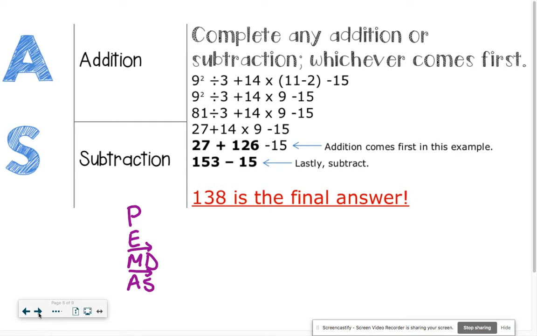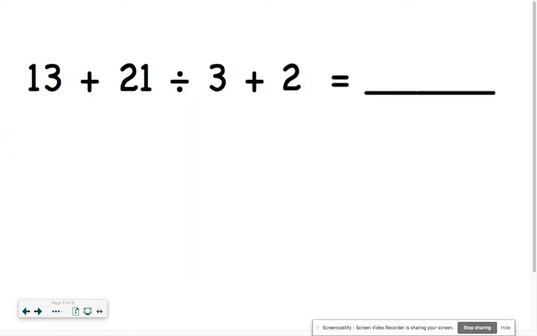Let's try a few examples. When you get to a problem that has lots of different operations, one of the best strategies is to write the letter of what the symbol is. So this is an addition sign, so we're going to put an A above this. This is a division sign, so this one gets a D. And this one's an addition sign, so it gets an A. If we follow our PEMDAS,